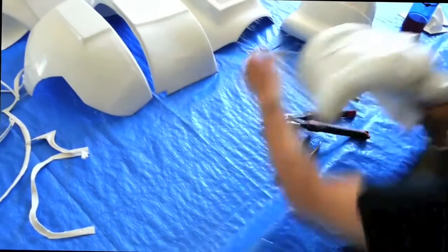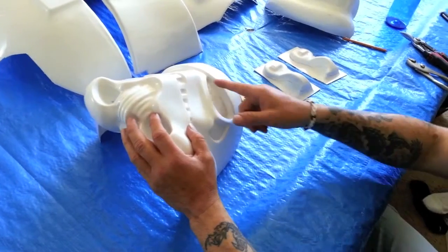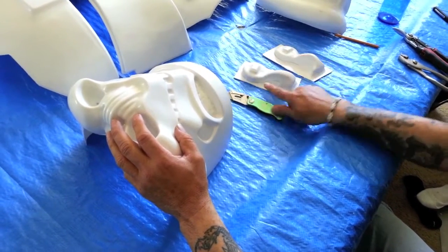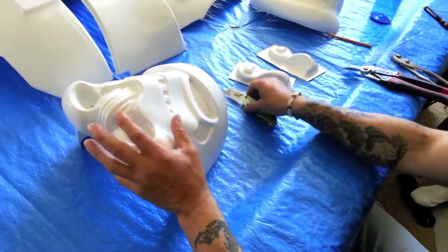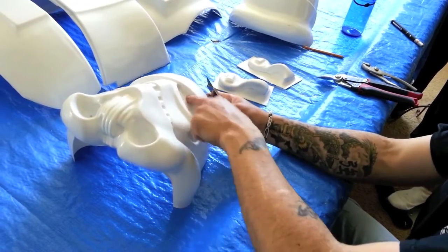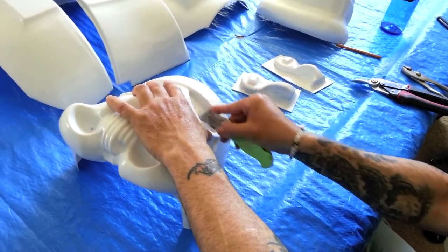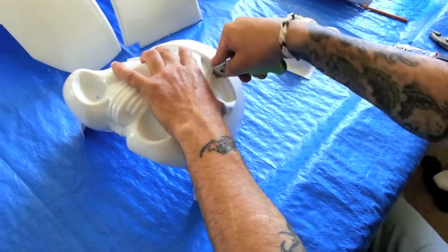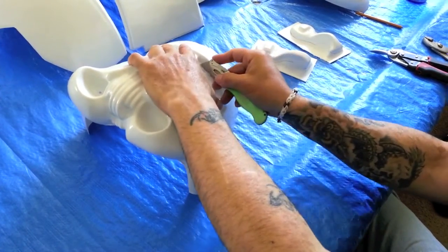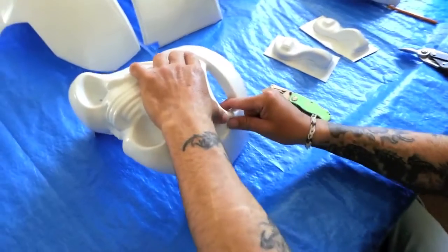So now the eyes. Be very careful. I'm going to cut out the eyes with a razor and then trim out the ears. And I'll show you the pencil line with the tin snips. I'm not that good with the razor just yet. So I'm just cutting out the front section and the back section. Once I get two really good cuts, I'll push it in. And then I'll go really slow, because you don't want to cut into the actual face. So I'll cut in, go really slow, and I just push it down, and